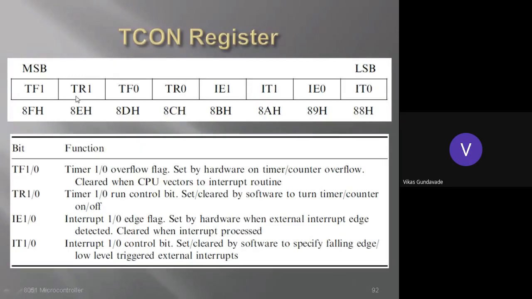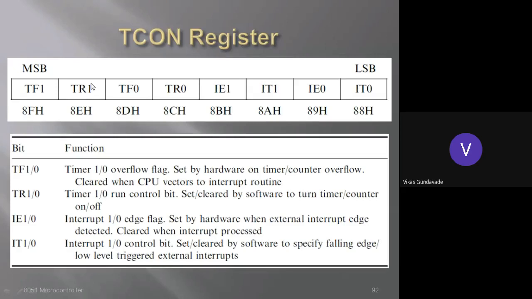Okay. And what is the function here? To start the timer, we need to set that particular bit. So by software or by programming, when we set that particular bit, the timer will get started, and when we clear that bit, the timer will be stopped. Okay. So previously what I told you, when we are enabling gate as 0, at that time we are starting the timer by using software programming. So here when we are using gate 0, at that time we need to set or clear TR0 and TR1. So TR0 is for timer 0 and TR1 is for timer 1.